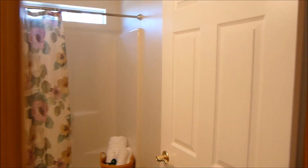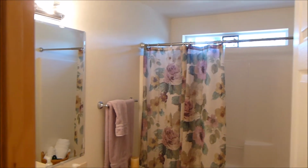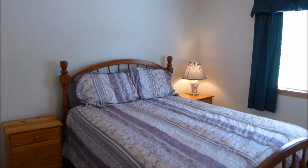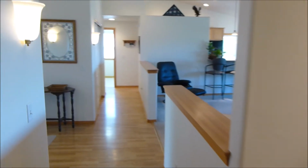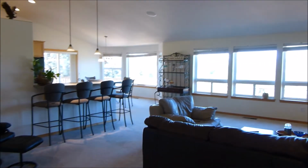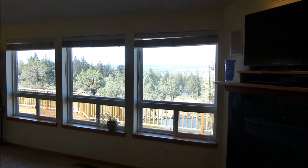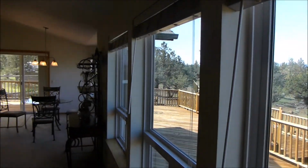The hall closet, and then around to the guest bathroom with tub shower combination, nice transom window, and the final guest bedroom with queen size bed. Fits a queen size bed with two end tables very comfortably. Just a fantastic single level layout with amazing views